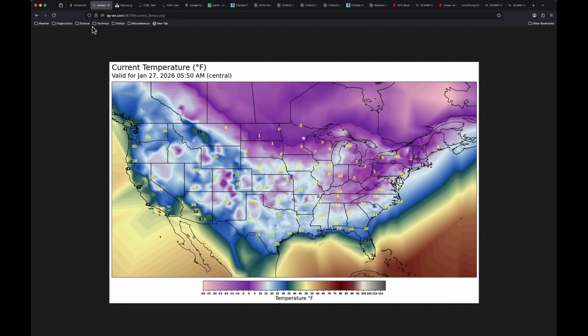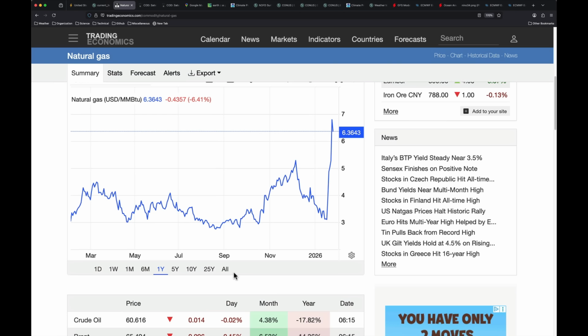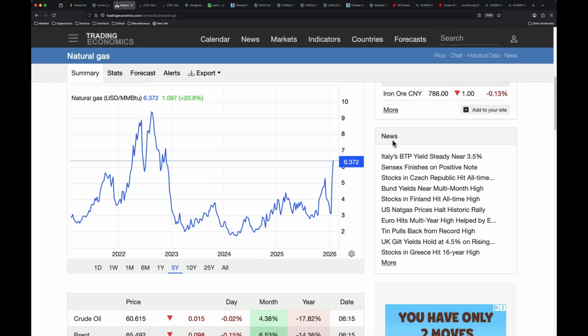And when you couple that with the morning temperatures, the freezing line on this map at about 6 a.m. Central Time is all the way down here along the Gulf Coast. Very cold temperatures north of that, across the Mid-South, some of those areas, 8 degrees this morning in Nashville, Tennessee. So extremely cold air on the backside of the system. That's obviously having an impact on natural gas prices. We talked about that at the end of last week, and they've only continued to rally thereafter. Impressive run-up. You're talking at least a high over the last year. If we compare this to the last 5 years, you're now reaching marks that we haven't seen since the rally of '22 and '23.